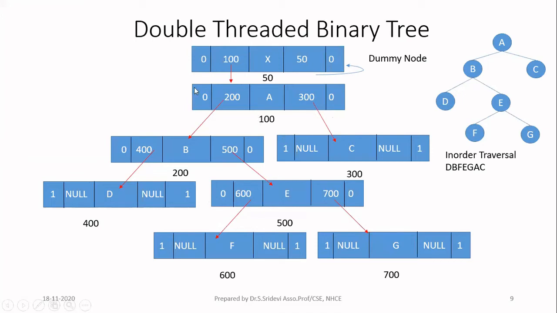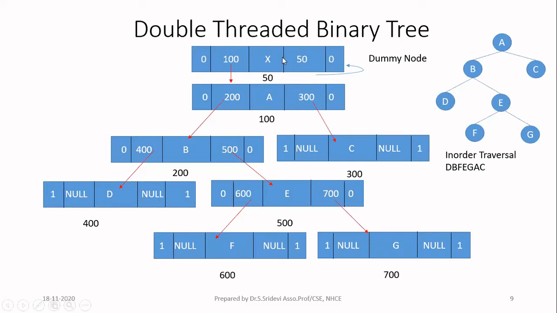This is the linked list based representation of a double threaded binary tree. If you look at the nodes, for every node I have totally 5 fields. Look at the first node X. X is the dummy node. You will make this dummy node point to the root node. Don't consider the last 2 fields for now, that is, don't focus on the 0 as well as the 1. Consider the remaining 3, which are our normal fields. Whatever is at the center is the data field, whatever is here is the left pointer, and this one is the right pointer.